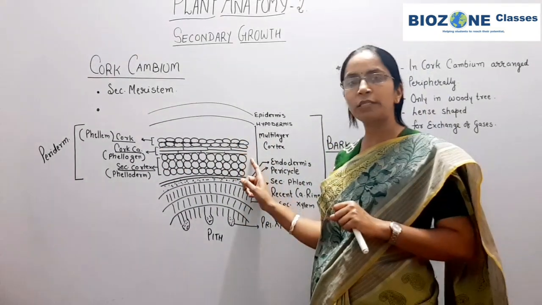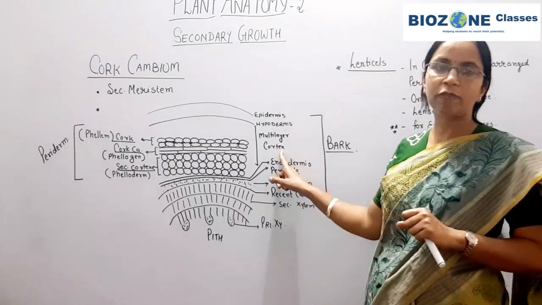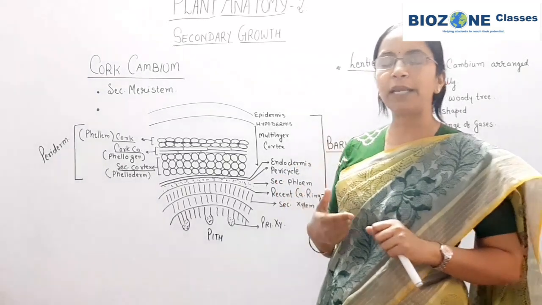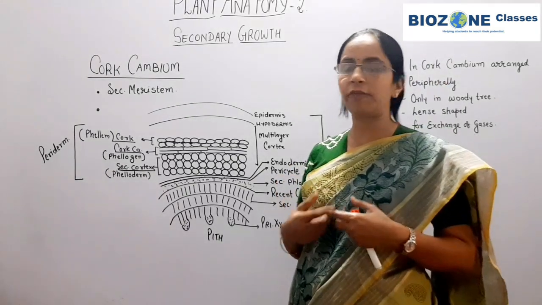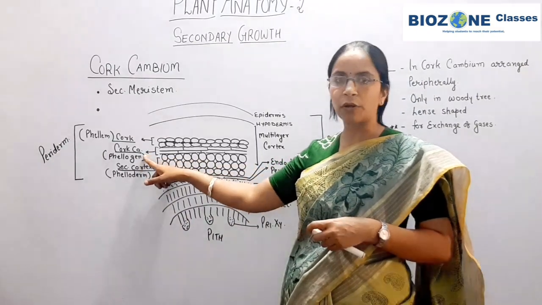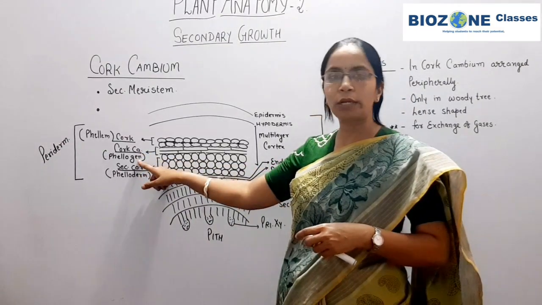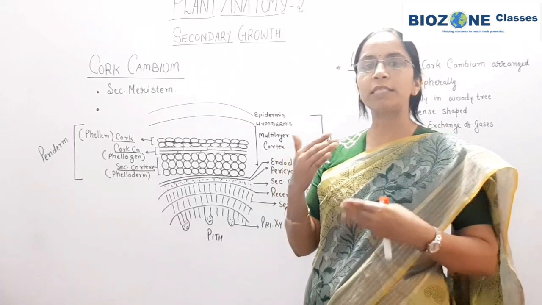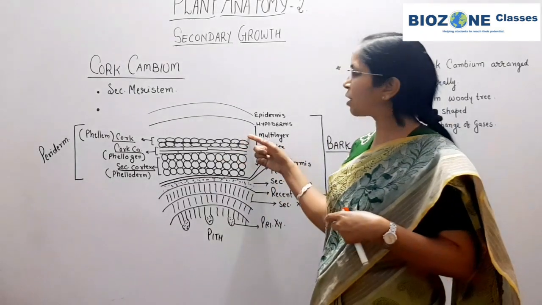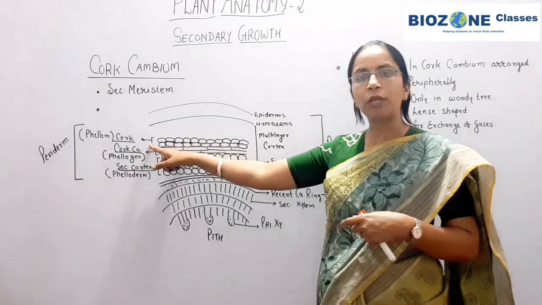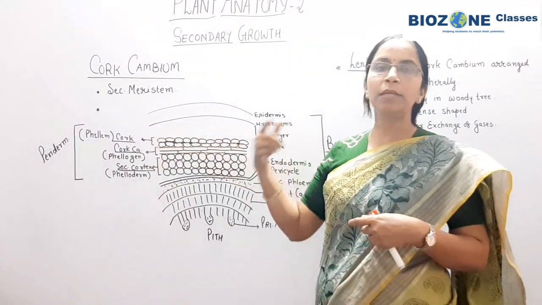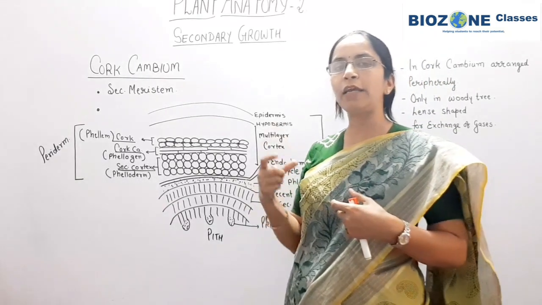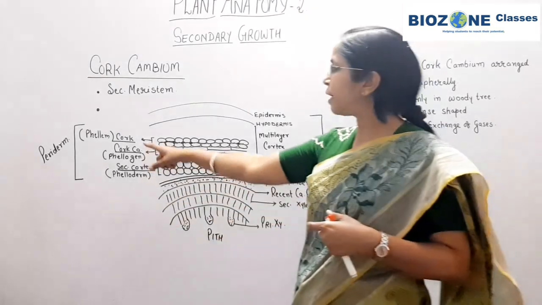Here differentiation takes place. That means some of the parenchyma cells present in the cortex undergo differentiation. They become meristematic, that means they gain the capacity to divide, and those cells are called cork cambium. Cork cambium is also called phellogen. Now this cork cambium starts to divide at the external surface as well as the inner surface. At the external surface it produces 2 to 3 layers of cells. These cells immediately undergo deposition of suberin, and because of that a layer of dead cells is formed, that is called cork.